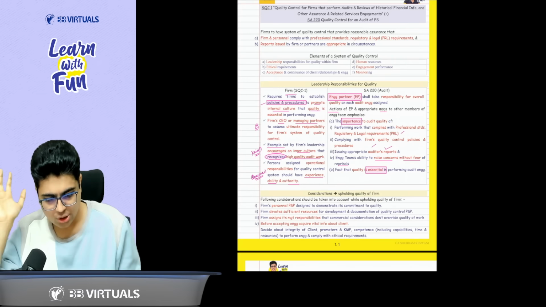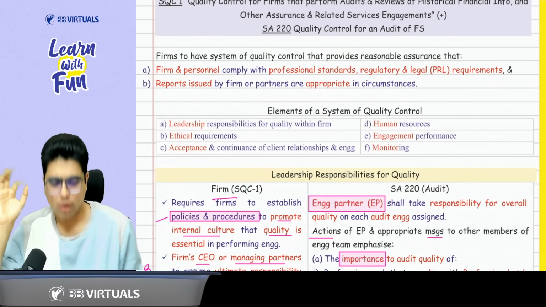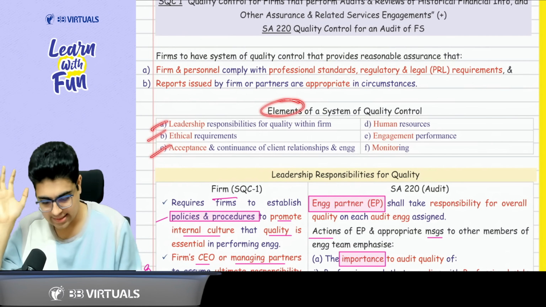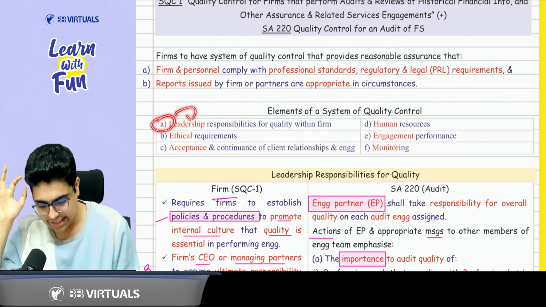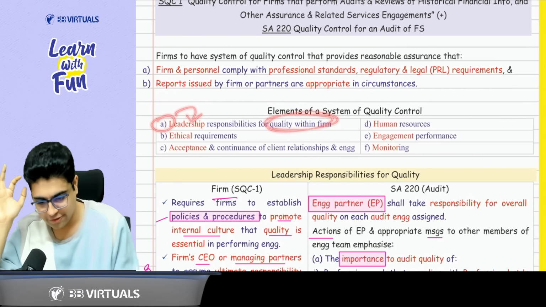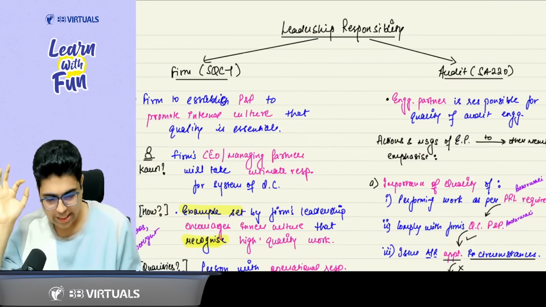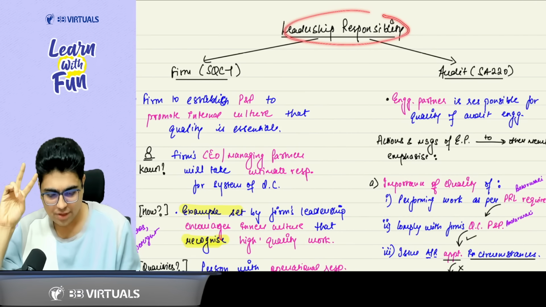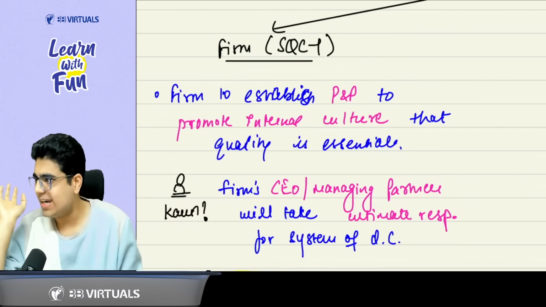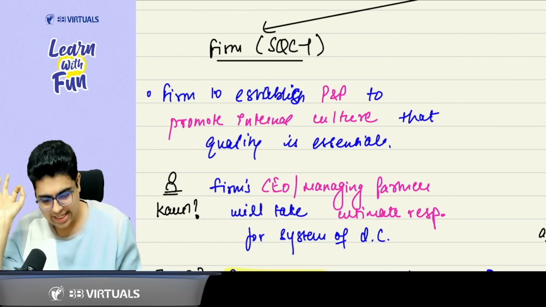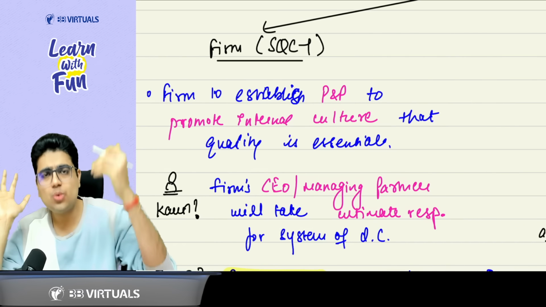Now, you discussed the system of quality control. What elements are covered in it? There are 6 elements, and we are going to cover these 6 elements. Let's first focus on leadership responsibility for quality within the firm. In case of leadership responsibility, we will talk about two levels, firm level and audit level. When I say firm level, which standard? SQC-1. Very good. It says you need to establish policies and procedures. Whatever you want to get done in this standard,